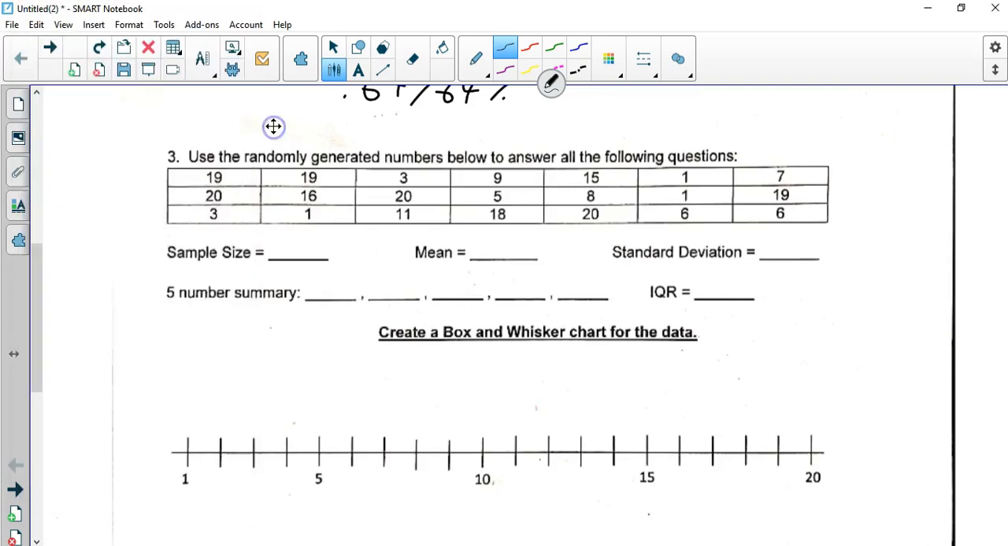Okay? So, sample size is 21. The mean is 10.8. The standard deviation was either 7.3 or 7.13. I would accept either one. 5-number summary,